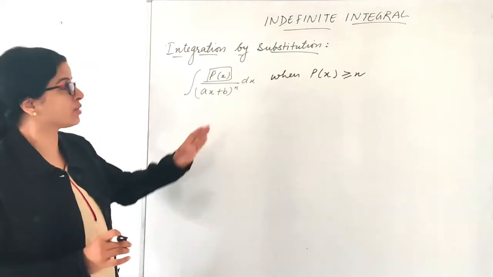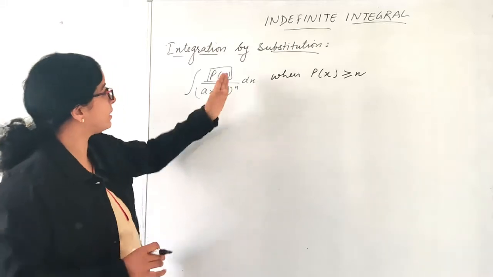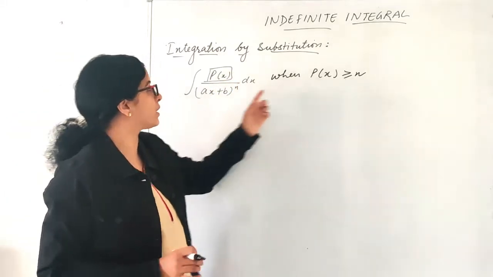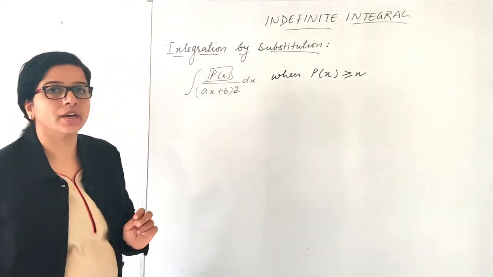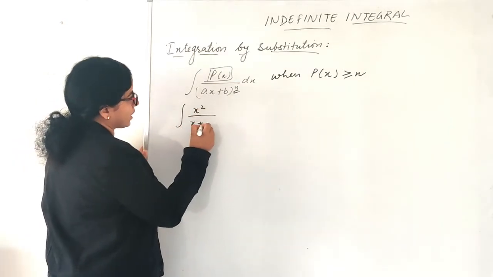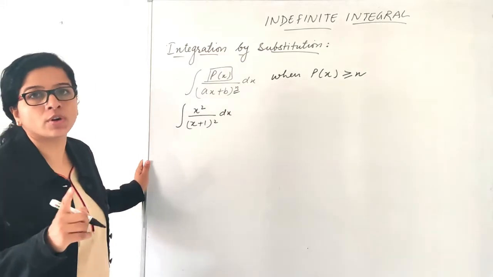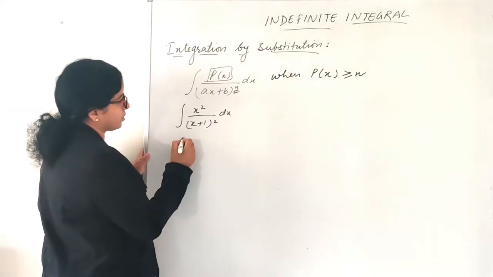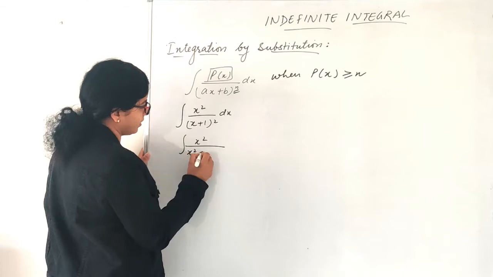Is it clear? So now we will talk about when the polynomial in the numerator is greater than or equal to the power in the denominator, right? So look here, say for example, I have a question x square upon x plus 1 whole square. So students, first of all, what we are going to do, we will divide, okay? So you can open the bracket over here. So look,